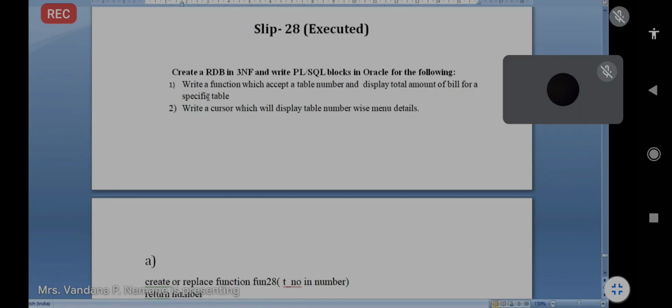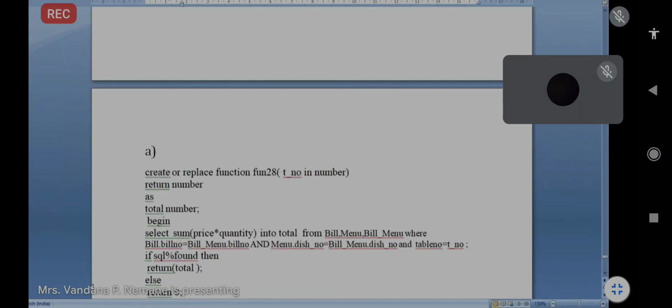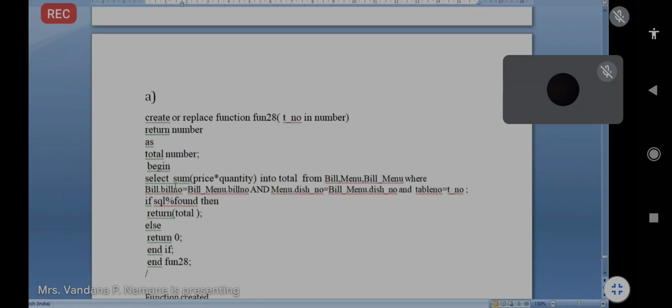For some plate we may order more than one quantity, so we have to multiply price into quantity. And we will not order only one, we can order more than one menu, so we have to sum for all of those. That's why here we write select sum(price * quantity) into total.